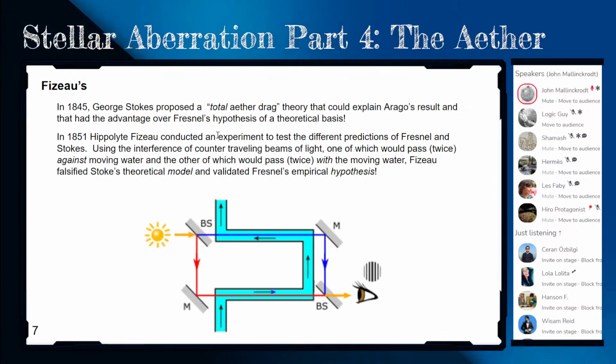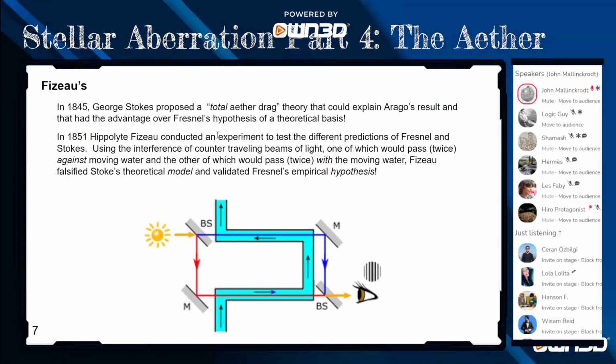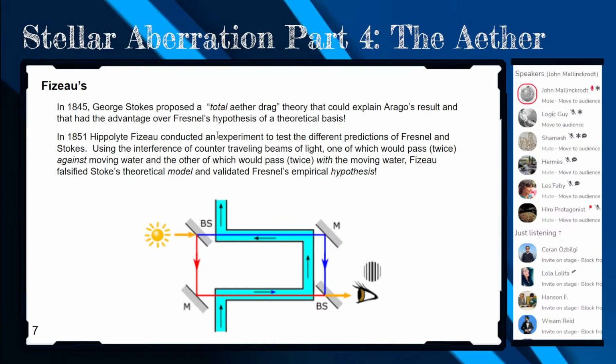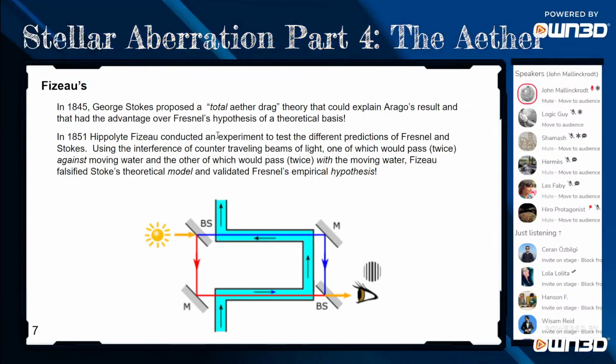In the following arrangement, he had a pipe carrying water, as shown there in the blue, along that path, and then he took light from a source over there at the left, went through a beam splitter. That meant half of the light continued on through that beam splitter and half of it was reflected off the beam splitter, so that the light that went on, which was then reflected once through